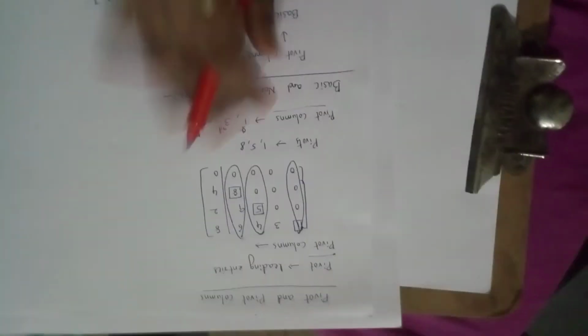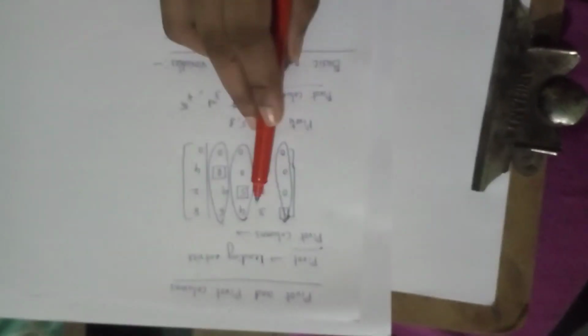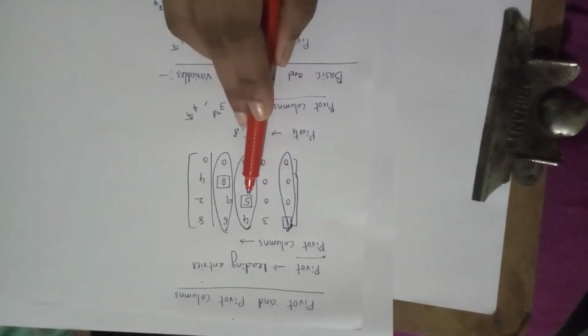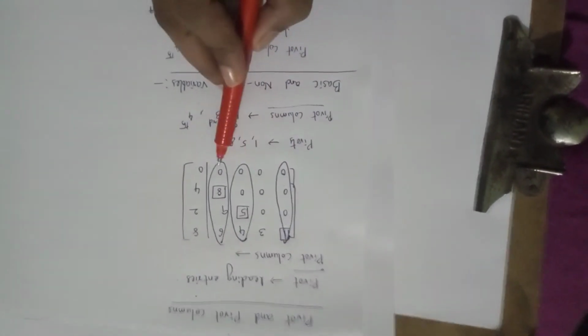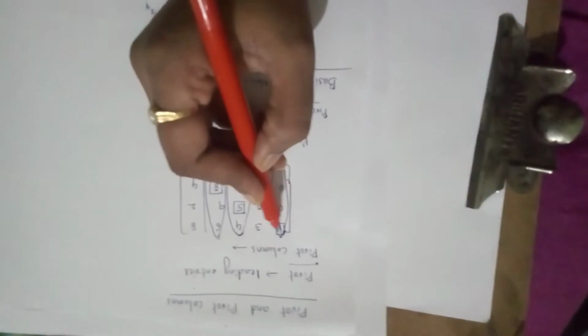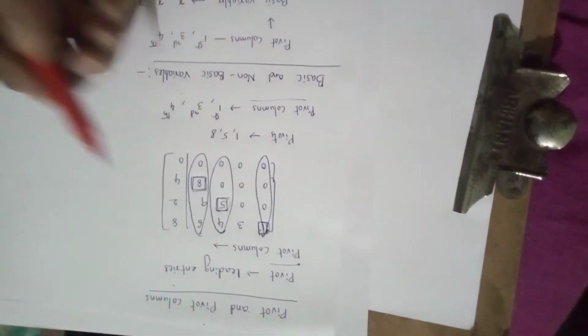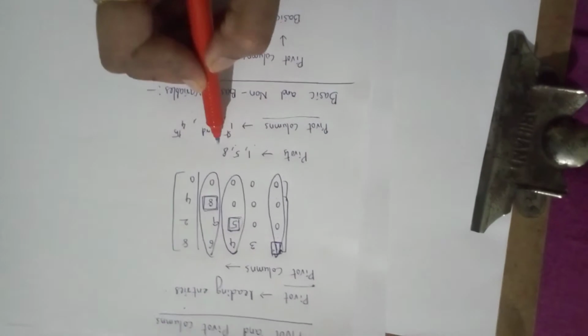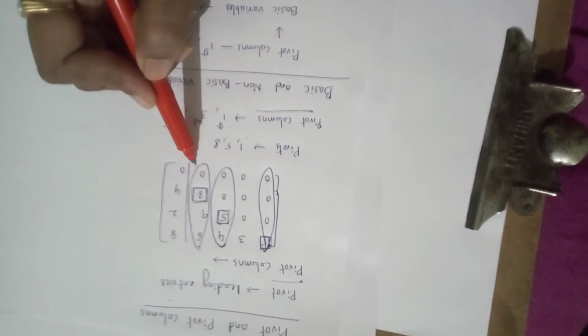First of all, pivot and pivot columns. Pivot means leading entries in the matrix. One example I am taking: 1 3 4 6 8, 0 0 5 9 2, 0 0 0 8 4, and 0 0 0 0 0. In that, the pivots, the leading entries, are 1 in the first row, 5 in the second row, and 8 in the third row. So pivots are 1, 5, 8, and pivots are in the first column, third column, and fourth column. So the pivot columns are the first, third, and fourth columns.